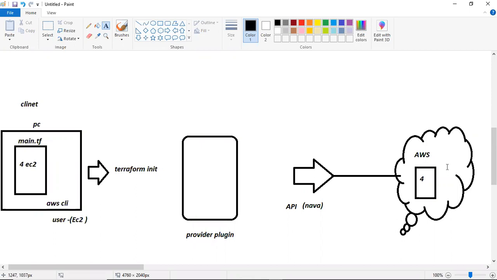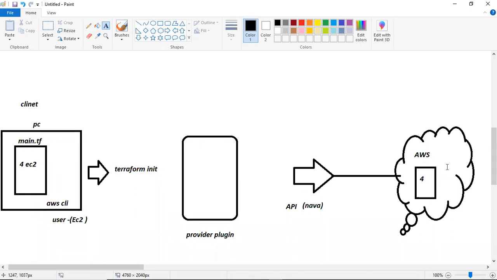Okay. So in the next class, we'll see how to work with the setting block. In the 5th class, we'll have multiple providers inside one setting block, like the null provider and time provider, not only the AWS provider.